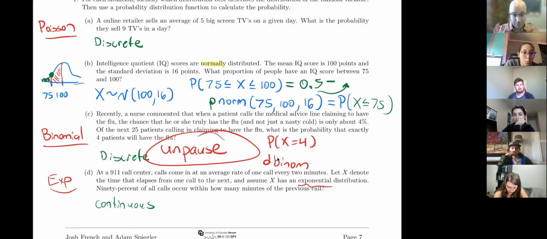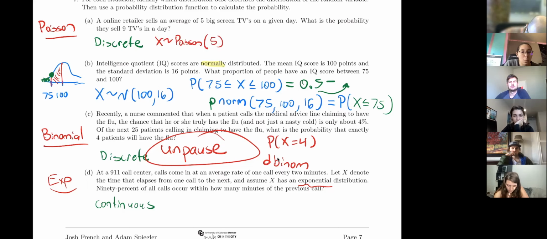Then the question is, okay, so in part A, we've got X. This is a Poisson distribution, and we're told that the average... Poisson distributions just have one parameter, which is lambda, which is like the average value. So then the issue is, all right, this is asking me, what is the probability that they sell exactly 9 TVs? So the reason why this isn't binomial is